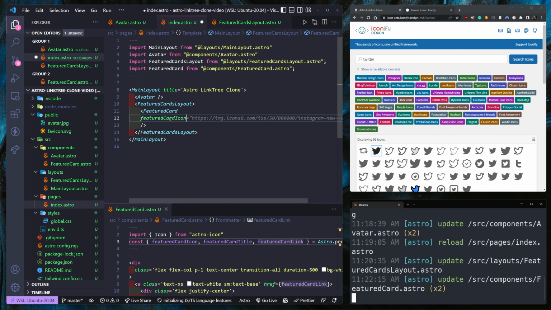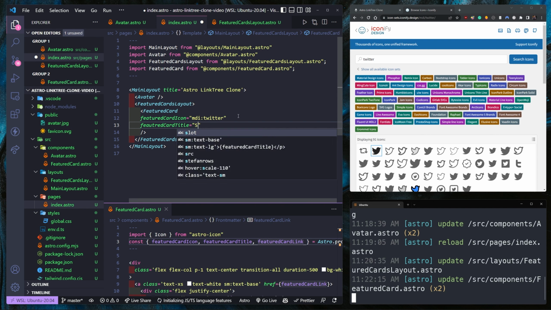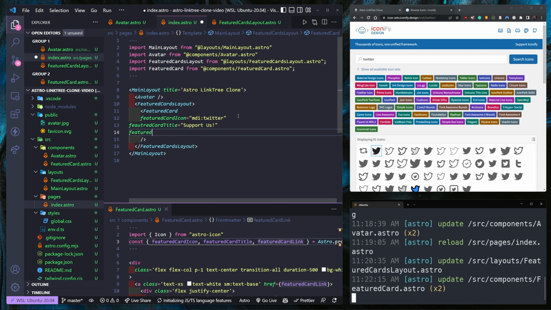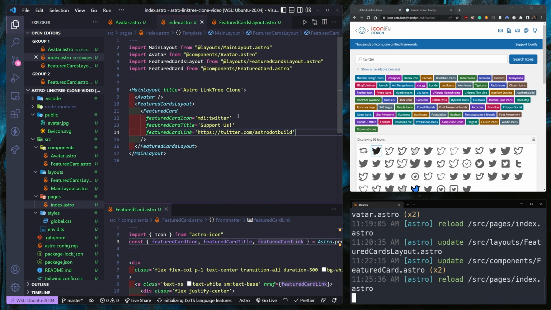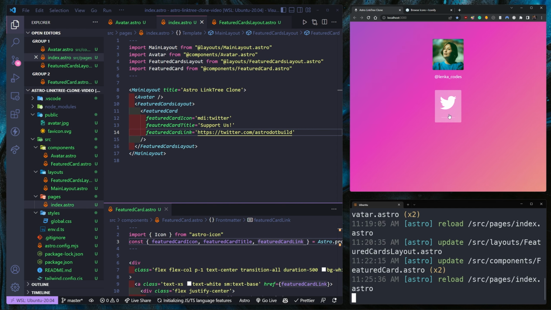So we just need to paste in the text here. So in this case, it would be MDI Twitter, but it's not Twitter because we are actually using Patreon. So just an example, if you want to use the Twitter logo, let's actually look at that in a second. Let's just leave it at Twitter. So if we do featured icon, MDI Twitter, then we do featured card title, support us, okay? And then we do featured card link, and that would be, whatever, Astro build, just an example here. Then we hit save, we open up our LinkTree clone, and boom, something shows up, but there is